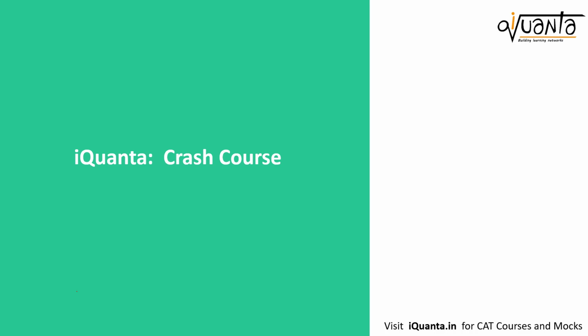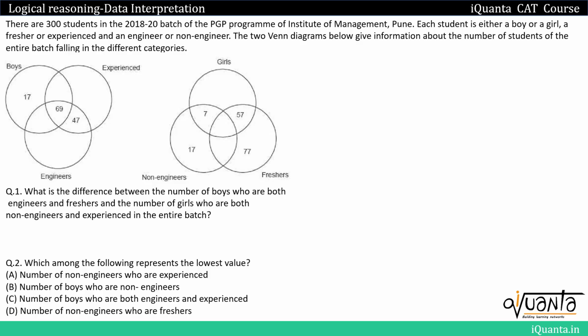Hello everyone, let's try to solve a very good set based upon 3 set Venn diagrams. And in this question, we'll come across 6 attributes and we'll try to convert it into a 3 set Venn diagrams. So the question is, there are 300 students in 2018-20 batch of the PGP program of Institute of Management,